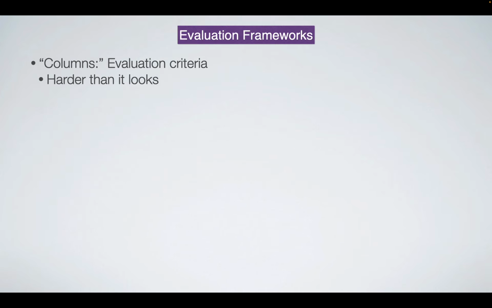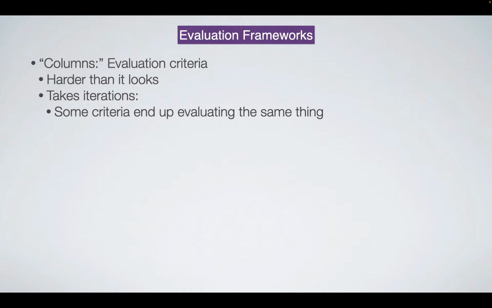Okay. So those are the rows. So the rows are the systems or approaches. And then the columns are like, what does it mean to be secure, or what does it mean to be useful to someone in terms of other properties beyond security. This sounds really easy, making these charts. It is, conceptually, it's super easy. The hard part is when you sit down and you have to try and figure out what's good criteria and what are all the different approaches and things like that. It actually is a lot harder than it seems, but we'll try and make it look easy, at least for the lecture.